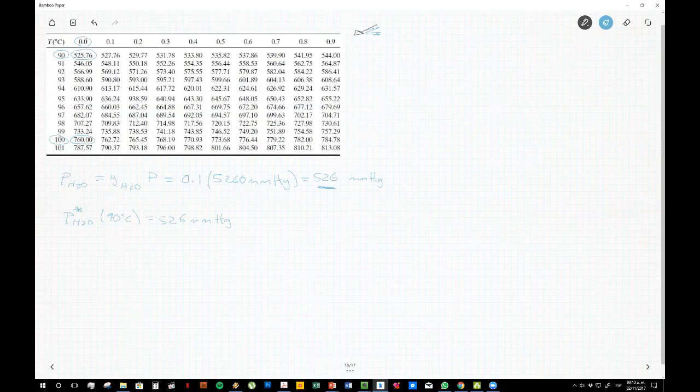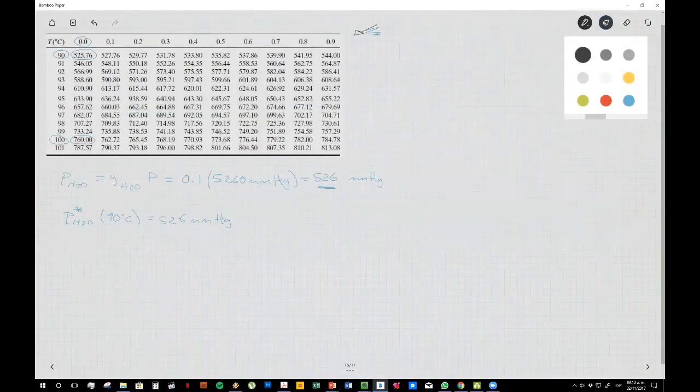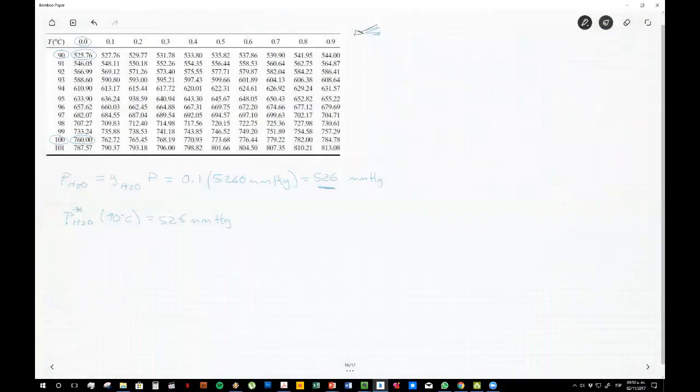That's the value that we wanted, right? So we calculate the degrees of superheat: the temperature that we had at the beginning, 100 degrees, minus the temperature at which the vapor would be saturated, 90 degrees, and this gives us 10 degrees of superheat,